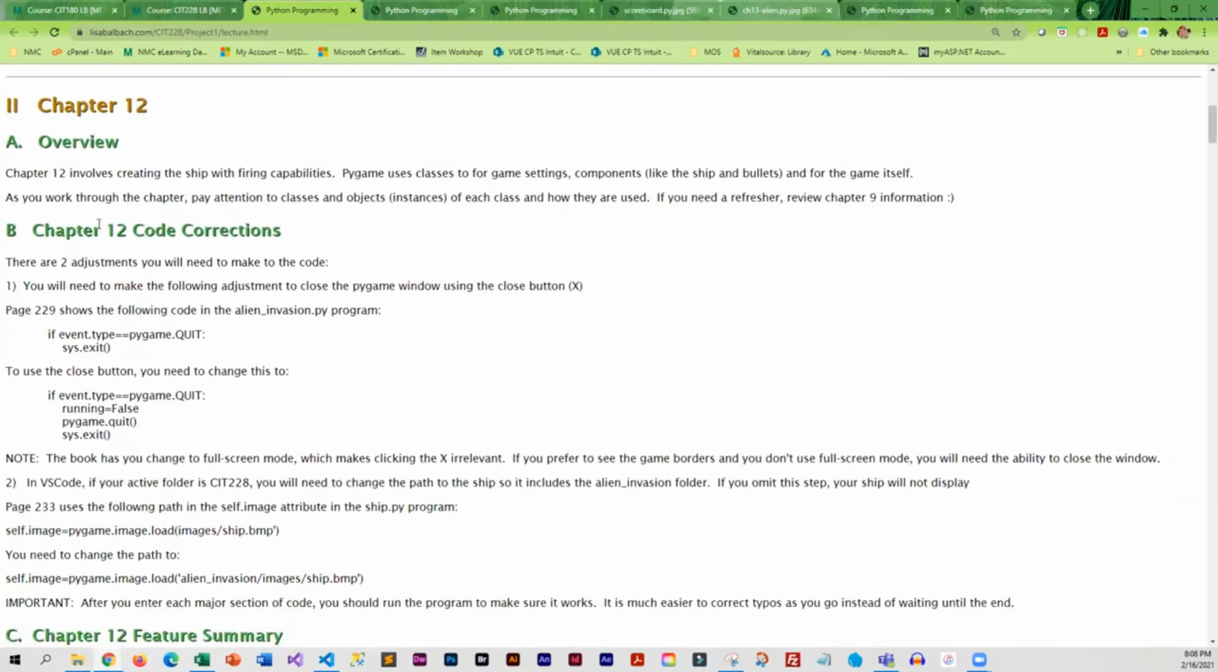When I went through the chapter, this code did not work properly. Basically what the code is supposed to do is when I'm running the game and I click on the X to exit out, it was not working. And I had to change the code to this to get it to work. Okay, so that's just kind of a heads up. That's really the only issue I found in all 3 chapters. And it's not that big of an issue because